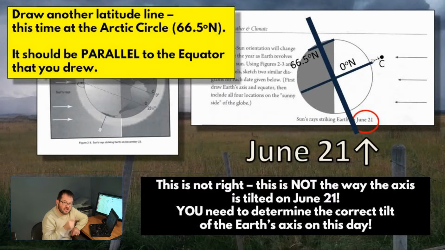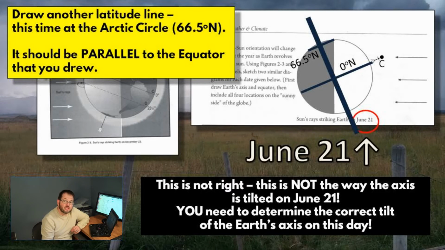Okay, next it says to draw another latitude line, and it doesn't tell you what order to draw these in, but I would recommend drawing the one 66.5 degrees north next. 66.5 degrees north is a weird number. It happens to be the Arctic Circle. The Arctic Circle is way far north, up near the pole. You can actually kind of measure it or eyeball it. If 0 degrees is the equator and 90 degrees is the pole, get yourself about a third of the way from the pole to the equator